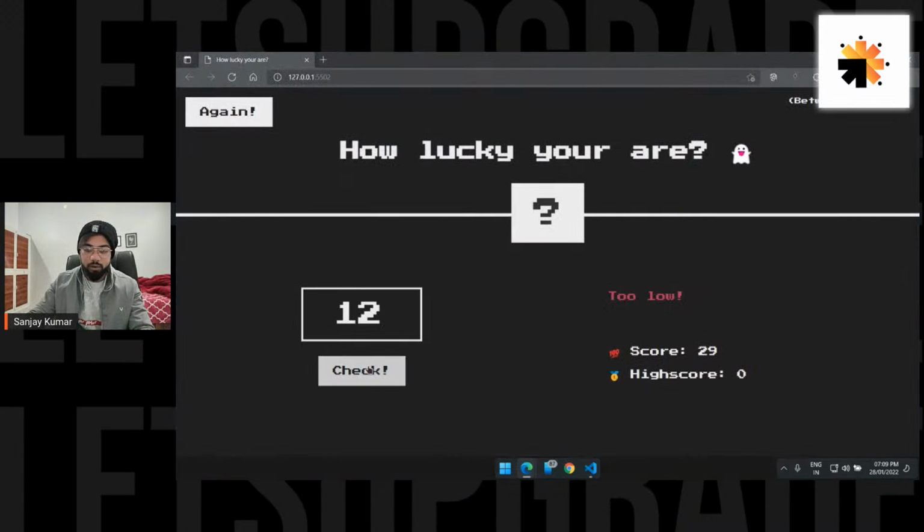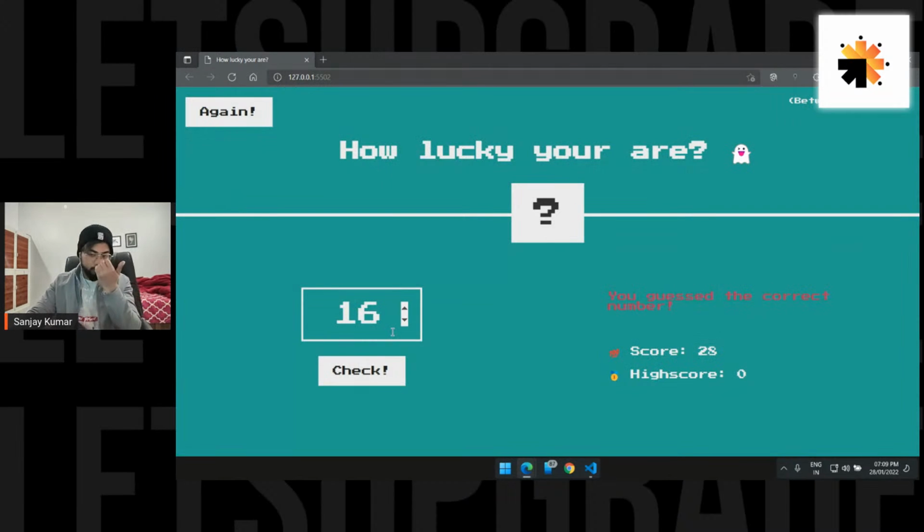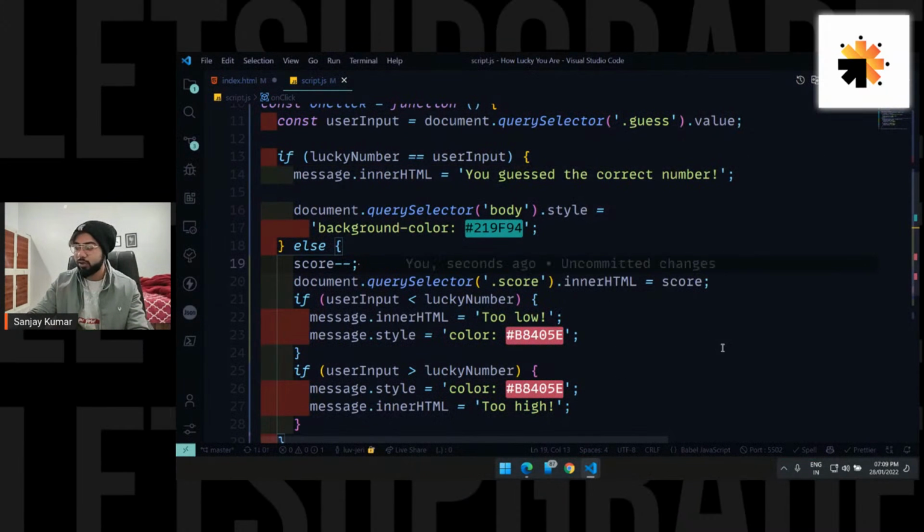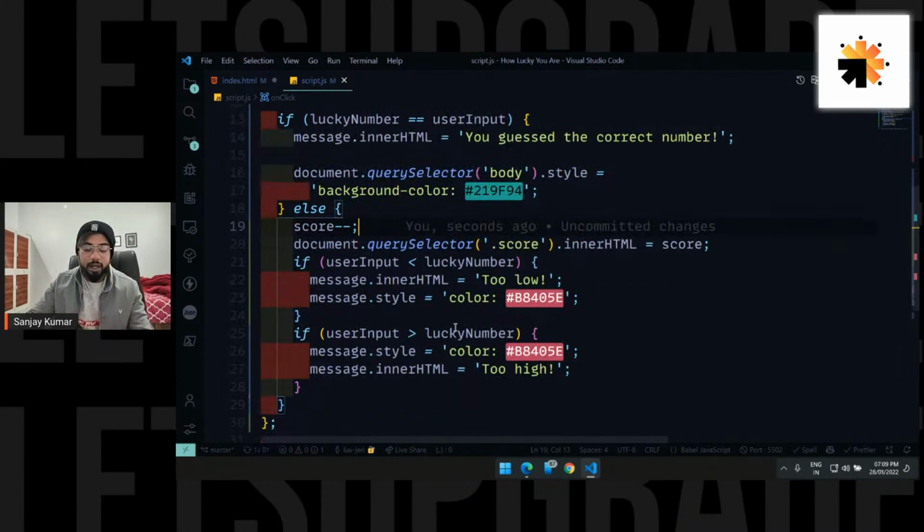So let me enter 12 here, and we got too low. Let me enter 10 here. We got too low. Okay, let's try with 16. Okay, so 16 was the right answer, and I scored a score of 28. So it's working fine. We have successfully styled our components, basically styled our HTML page, and we are also